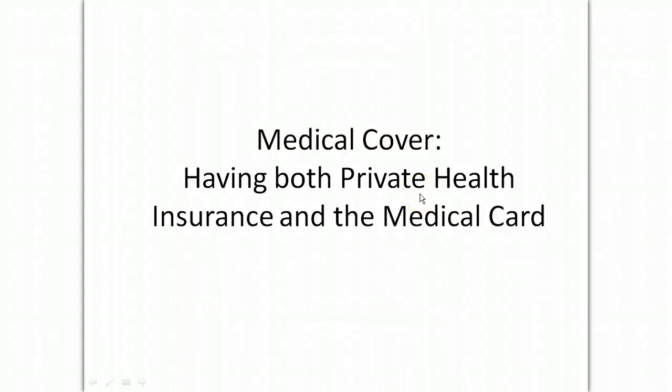In this session, we're going to look at the determinants of those who have both private medical insurance while also being eligible and claiming a medical card. So looking for people who have two types of health cover. The cover through the state, through the medical card, which covers GP visits, hospitals, consultants, and also some prescriptions and expenses in chemists. And then those who purchase private health insurance, which also covers some of the same things. It doesn't cover GPs and a lot of expenses in chemists, but would cover hospital costs, consultant costs, and stays